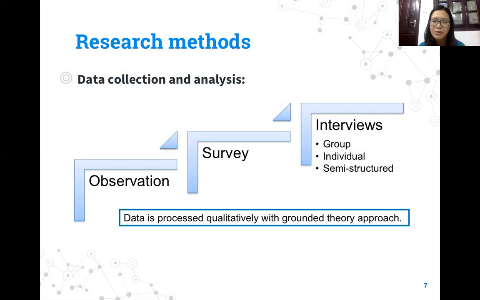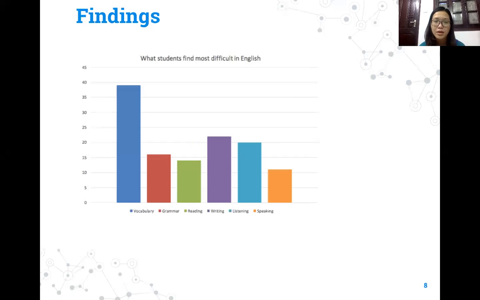And the data will be processed qualitatively with a grounded theory approach to really understand what is actually happening inside the student mind. In terms of findings,